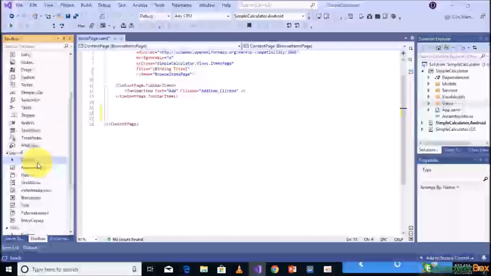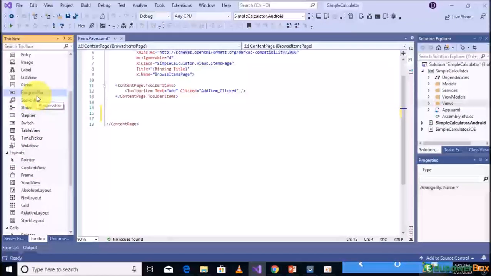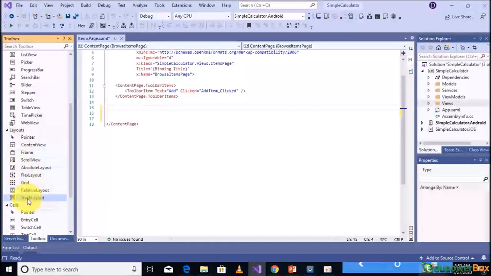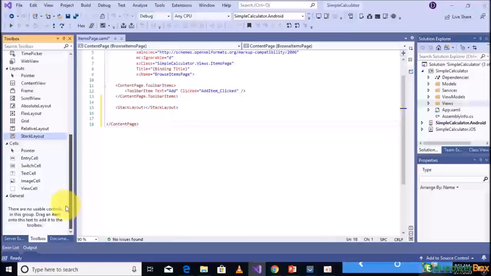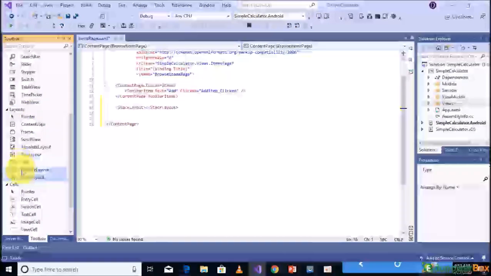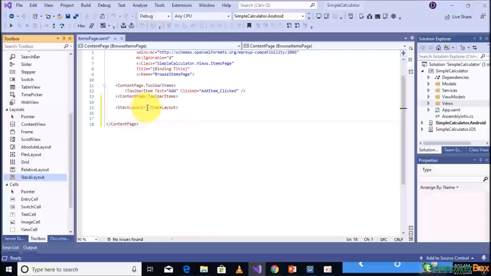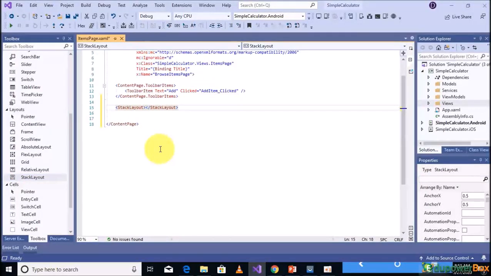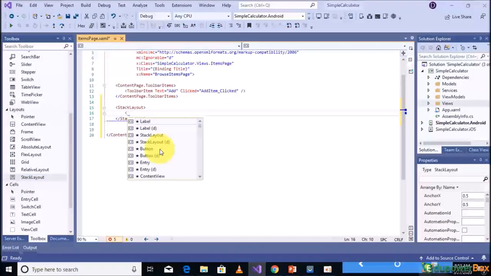And I'm going to select the layout I want to use. I'm going to select stack layout and put it here. Don't worry, I'm going to explain everything one by one so that you know how to operate with any of the layouts and how to modify it. With the layout selected, you can add so many things inside layout. You can add many of the tools here, and you can even add a lot of